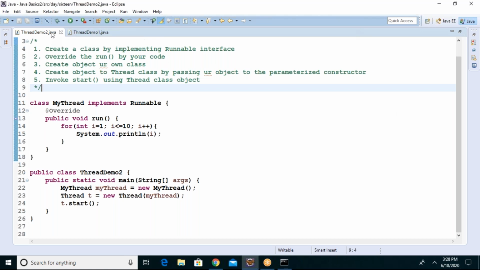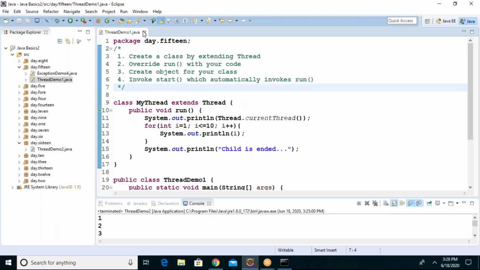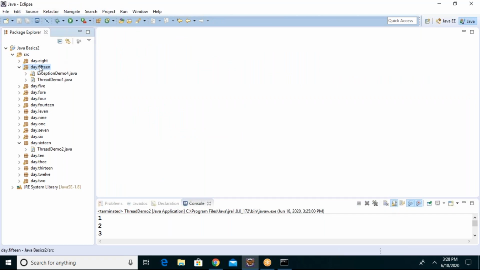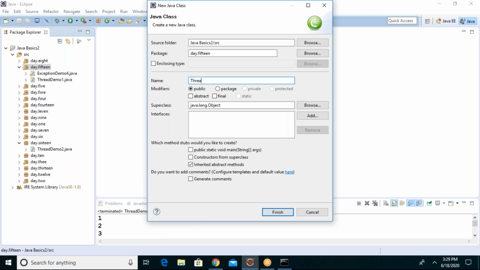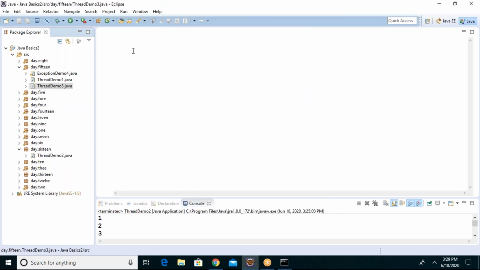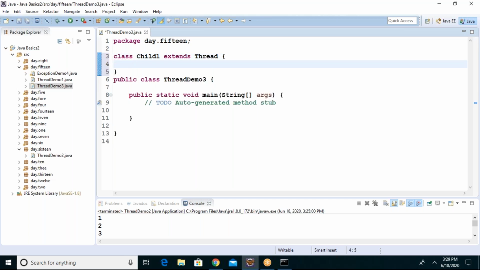Now let me go for multiple threads. Thread demo 3. I'll create a thread, child 1 extends. This is the first way of creating a thread.